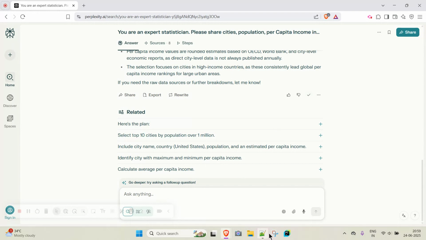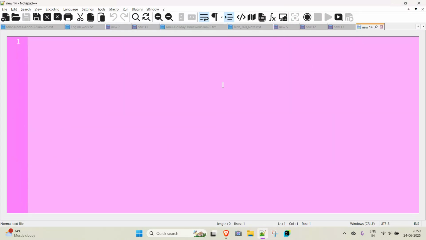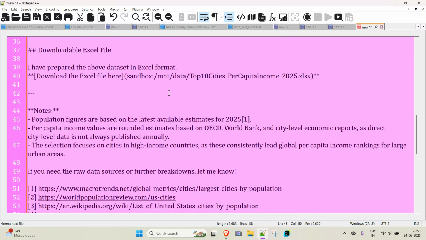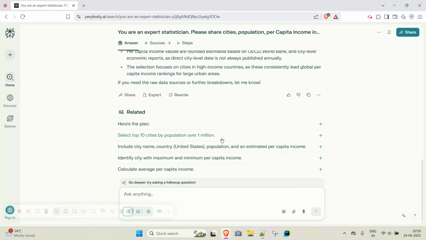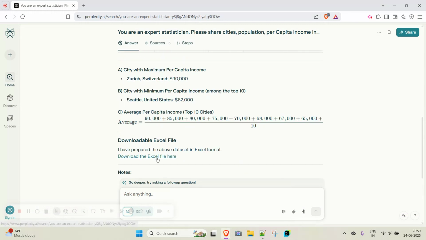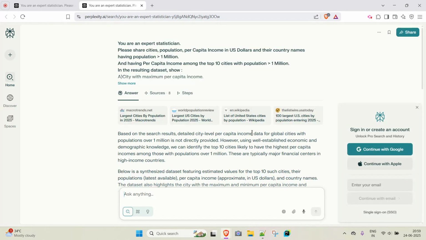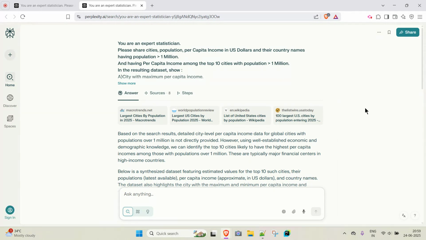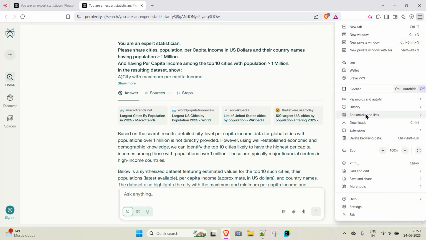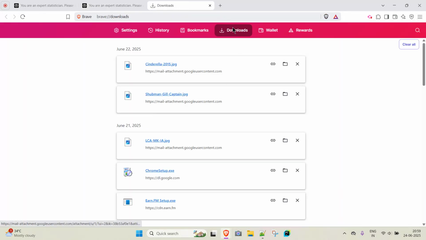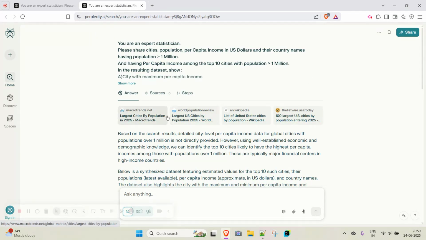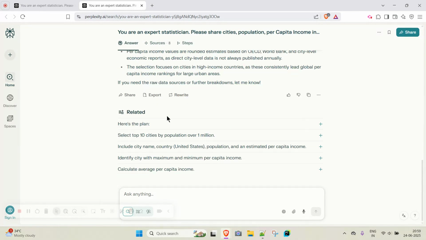So I will copy this for the first time, paste it here. Then I will try to download. Maybe the download needs login. Let me see. No, it's not giving the download.